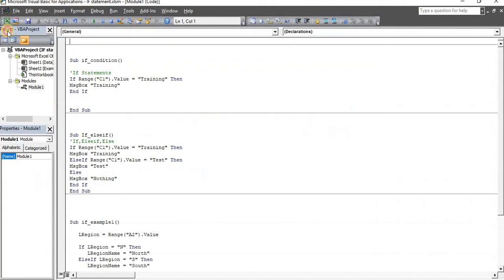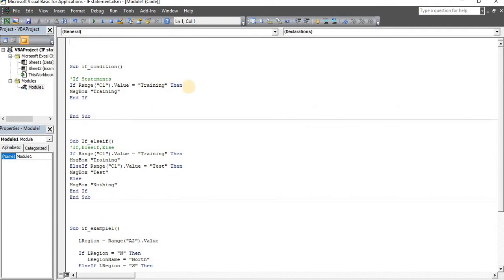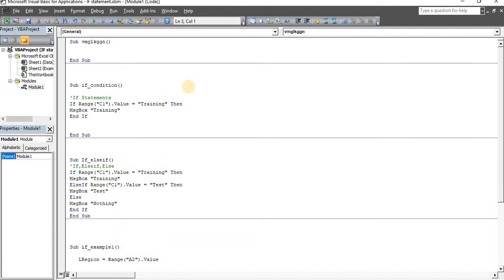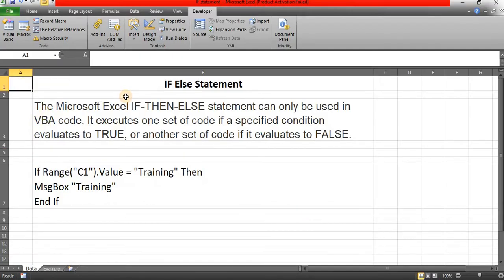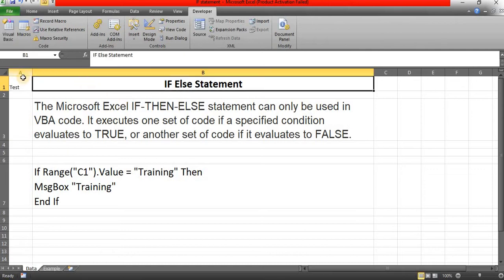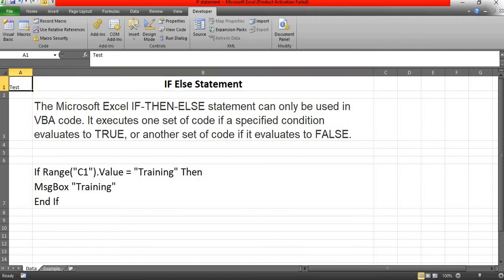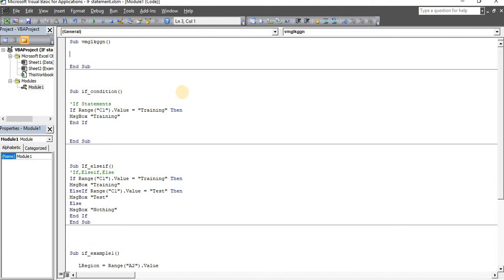Let me go to the Visual Basic Editor and create one more new sub. For example, I will update range A1 value as test, just for testing purposes. I am updating A1 as test and then writing the if condition.